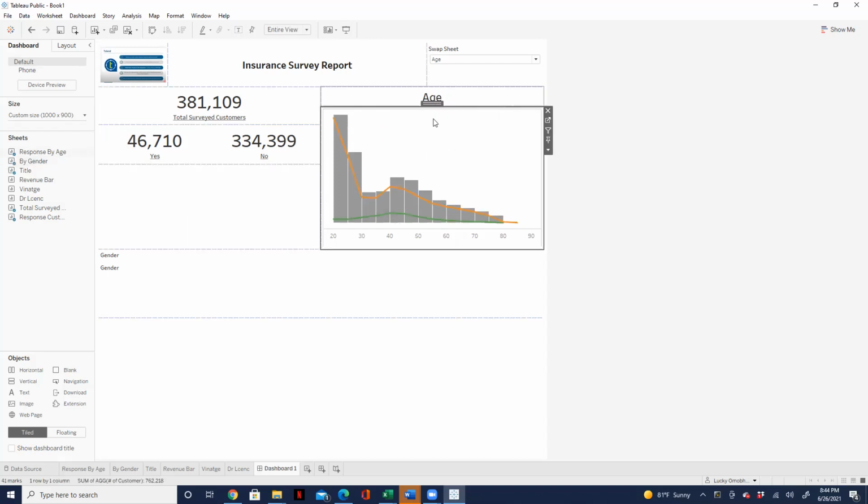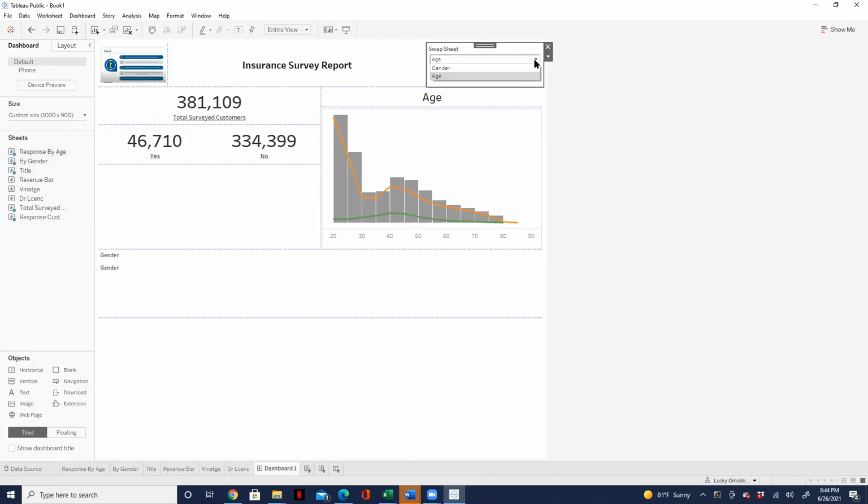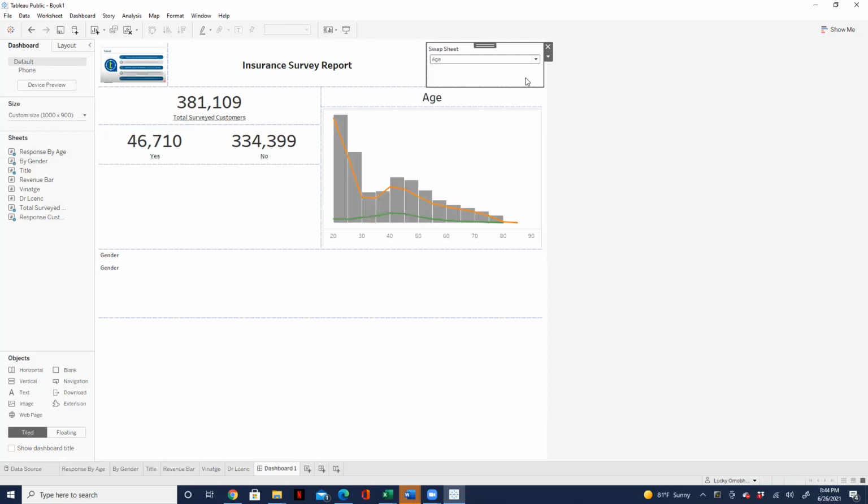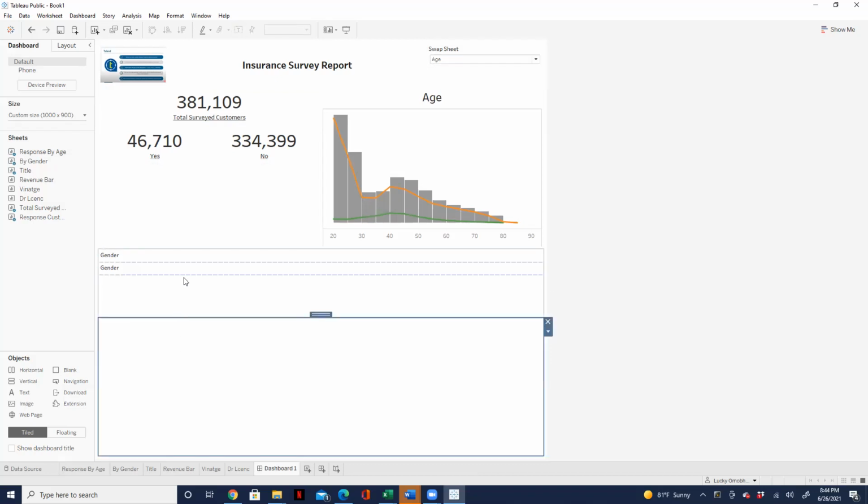So the two worksheets are in this container, but you won't know because of the trick that we're trying to do. If the users select gender, that appears. If they select age, that appears. Good. So now you can see that we also have some of these